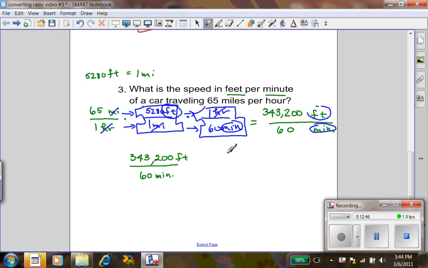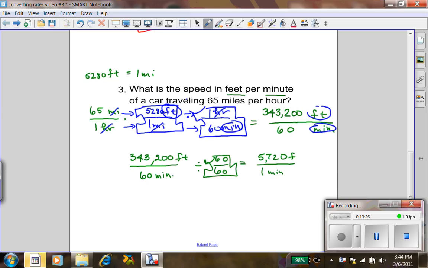So I just rewrote my rate down here, and I'm going to divide by Mr. 1. I have the units exactly what I want, except this number, I want to know how many feet per 1 minute. So that means I should divide by a Mr. 1 of 60 over 60, just to make it a little bit easier to understand. So obviously the bottom will be 1 minute. And on the top, do a little division. And we get 5,720